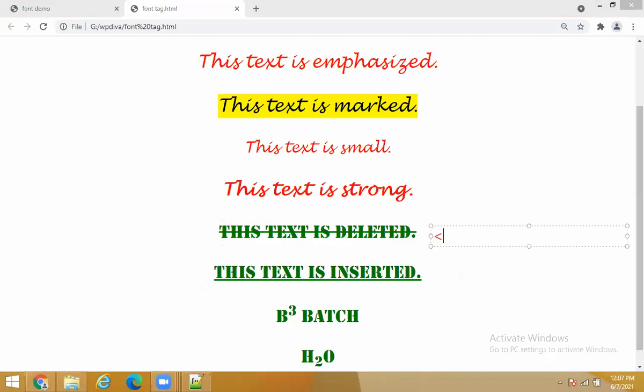I have font, then what I have to take? First, which attribute I have taken? Color. Very good. Color equals double quote. Which color is it? Green, right? Green.